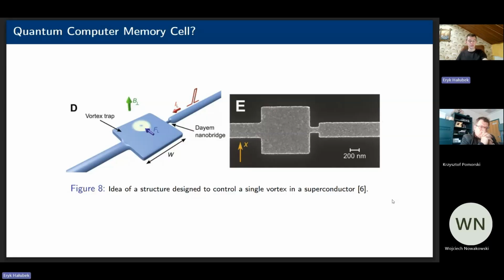In some cases this leads to complete expulsion of the magnetic field from the superconductor, when there's no penetration at all. But in materials which we call type 2 superconductors, there can be a penetration of that superconductor by the magnetic field, and that leads us to the phenomenon that we call